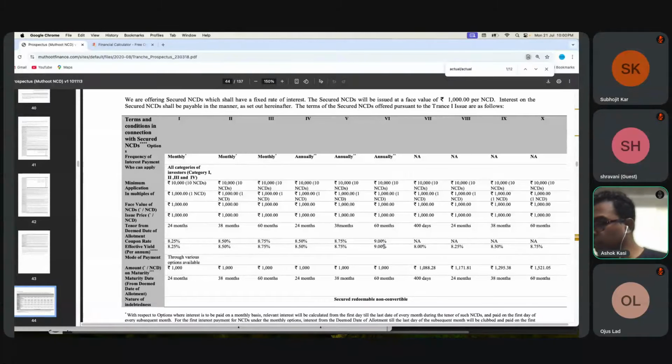Similarly, you can calculate here also. Now see, this is annual. Annual is okay. Effective annual is fine. This is okay. Monthly means it will certainly go up. So for this one, if you do 8.75 percentage, for 60 months, monthly 8.75. So if it is 8.75,